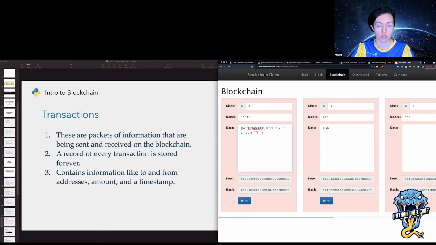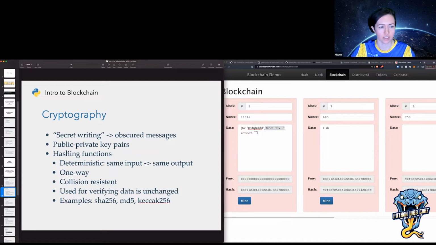Now, when you send a transaction, this from account has to sign the transaction to make sure that it was really sent from that account. How it's signed is basically going back to cryptography with that public-private key pair. It's called asymmetric cryptography. Basically, if you encrypt something with the private key, it can only be decrypted with the public key.